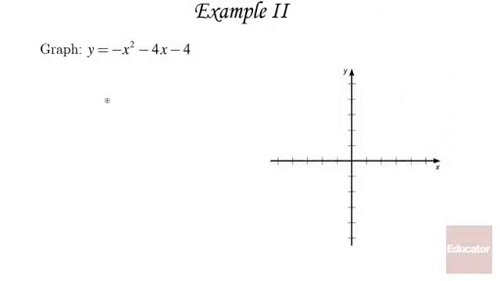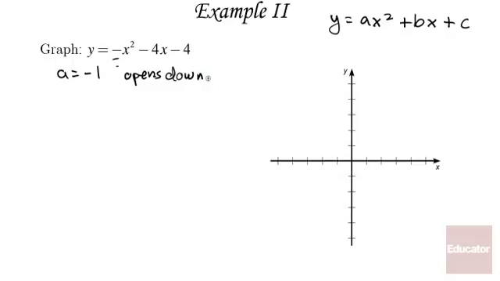Okay, in our second example, we have y equals negative x squared minus 4x minus 4. So this is in my standard form, y equals ax squared plus bx plus c. And I have a negative value here, so a equals negative 1. So this opens downward. Next, I'm going to find my vertex. And the vertex equals the x-coordinate. The x-coordinate for the vertex equals